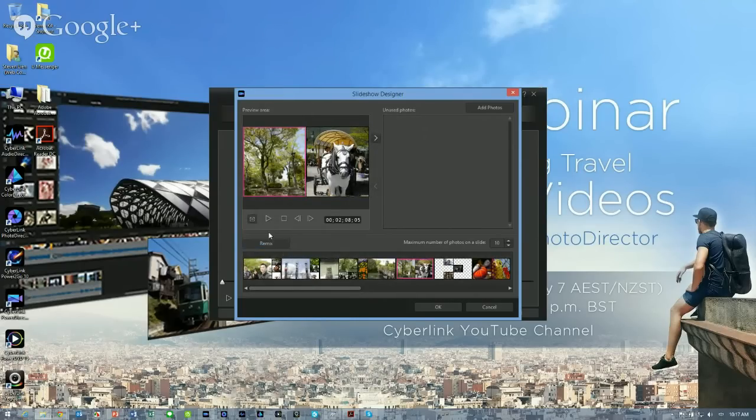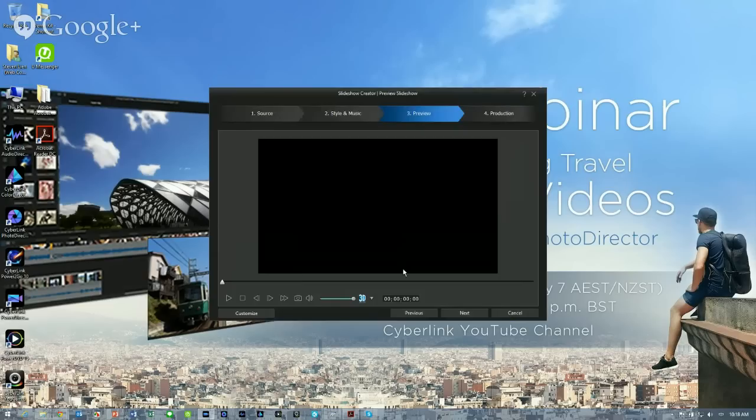And then there's the remix button. So this is for more adventurous users. So if you wanted to let the algorithm or the generator do the sequencing for you, you can click on that. So basically what it does, it will randomize the sequence and reshuffle them into a different fashion and put that back in. So you can try this out multiple times and let the program generate the slideshow sequence for you. And if you find that the generated result is suitable for your taste, then you can go ahead and click OK, and just let the preview